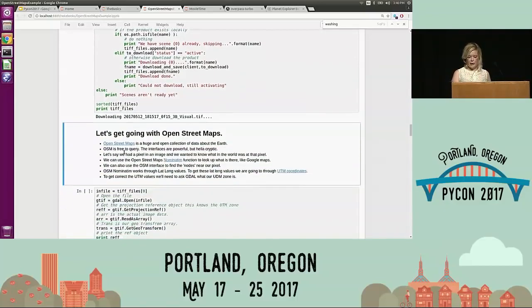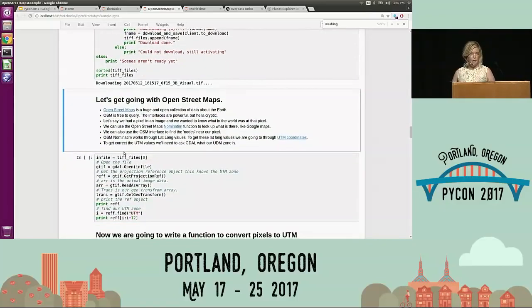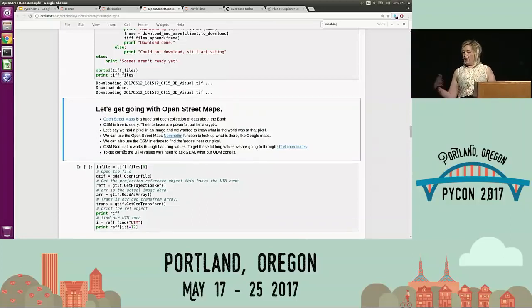Okay, and while that's downloading, I'm going to start walking through the next little example here. One of the most common problems I've heard with people getting started with this data is, I have this pixel, now I want to know where it is in the world and what's there. Like, I've found this thing that I'm interested in, how do we look that up? And the short of it is that we look that up by using